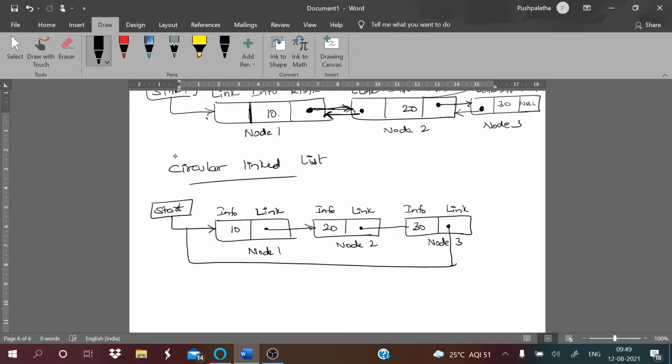So this last link, as we were saying, in a circular linked list the first node's left pointer points to the last node. The last node's next pointer comes to the first node. If a circular list has only one node, then the left and right pointers point to itself, so it will be the first node as well as the last node.